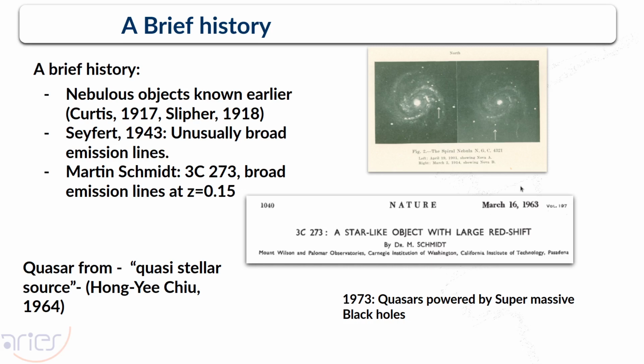Then in 1943, Carl Seyfert observed a few of these nebulae, and he found unusually broad emission lines, thousands of kilometers per second. But how can planetary nebulae have these broad emission lines? So then the breakthrough happened in